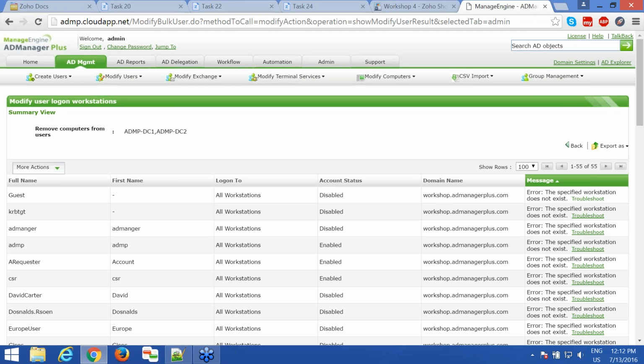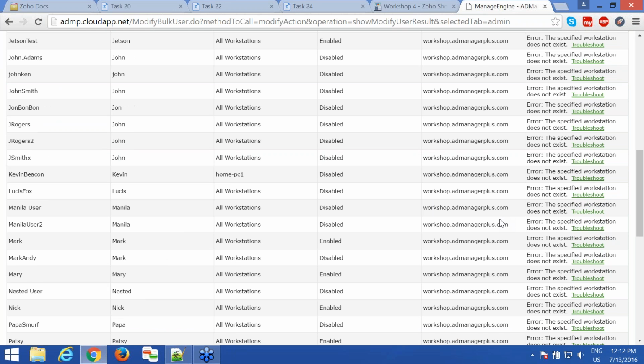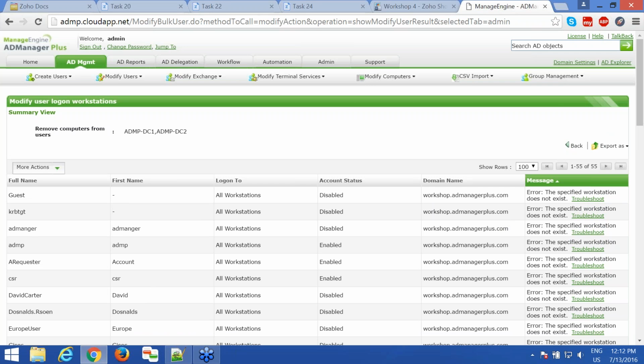So you can see that you may encounter some errors. In this case, it is given that the specified workstation does not exist. Say, for example, this workstation may have been removed or something like that. But when you have this domain controller, or when your Active Directory configuration setup is ready, then you can have this option to remove the permission, to deny the permission for these user accounts into logging